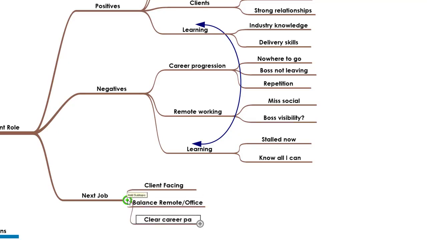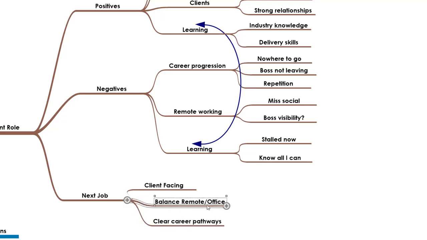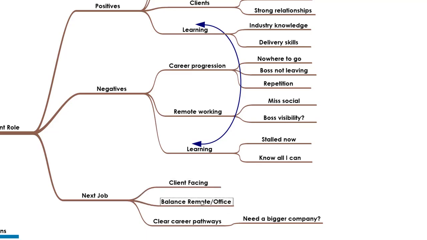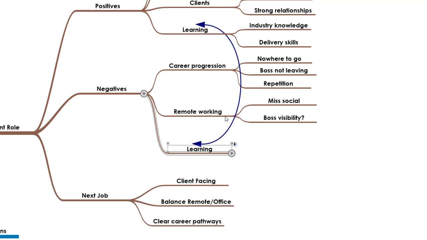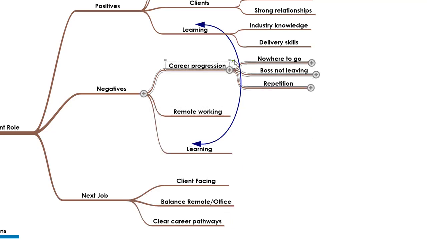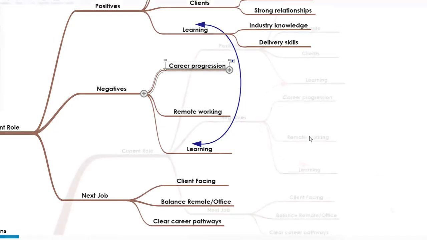Once again, we can use Inspiration to expand on those ideas if necessary. For example, to get that career progression we're seeking, do we maybe need to look at working for bigger companies where there may be more pathways available? Use the software to capture and expand on anything that you put into the mind map, remembering of course that we can always just close those branches and hide that extra information when we don't need it right now, but know that it's there to look at whenever we might want to.